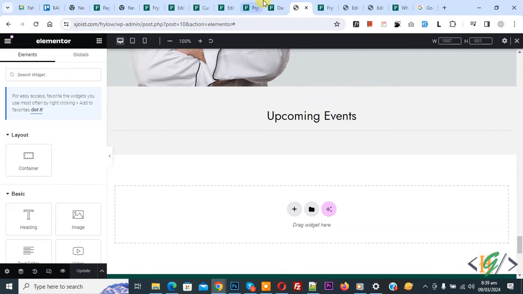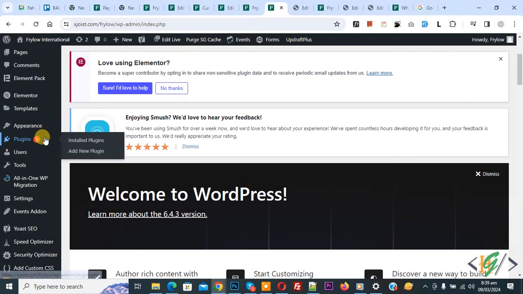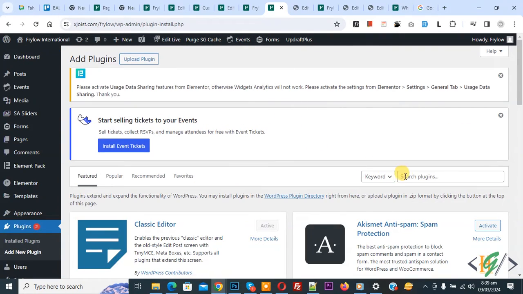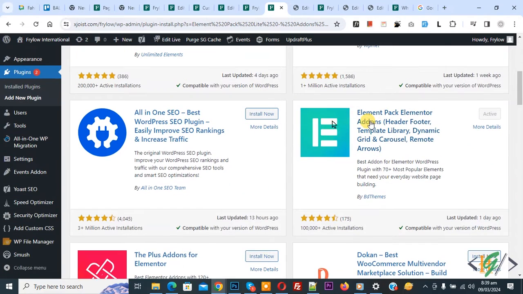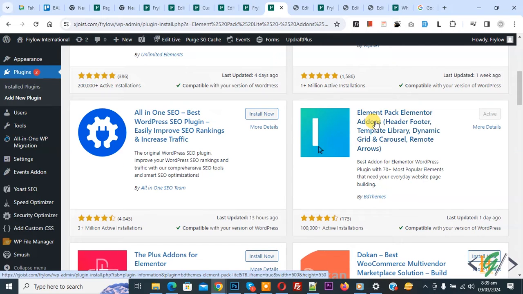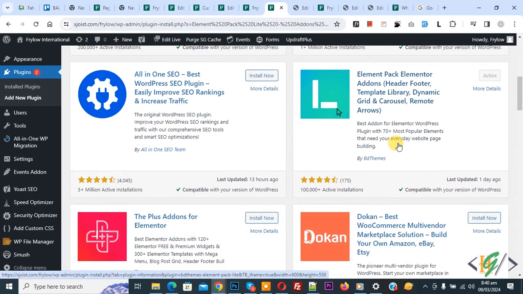Now go to dashboard. On left side you see plugin. So click on add new plugin. Then in search plugin, write Element Pack Lite Addons for Elementor. So this is plugin Element Pack Elementor Addons we will use. So you will install this plugin and activate it, and after activation on left side you see Element Pack and